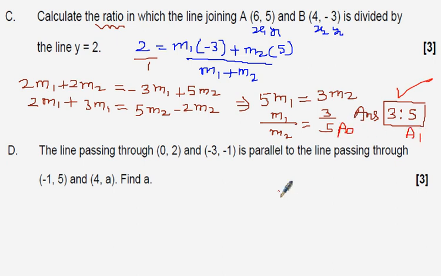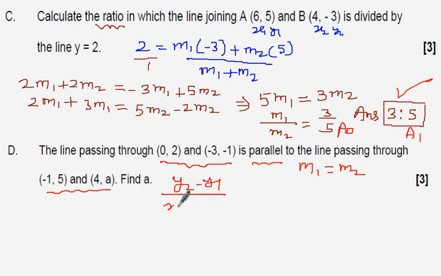It is answer mark. So when I go for next, this is the last, line passing through these 2 points is parallel. Equation of a line. So since lines are given parallel, so the slopes will be equal. Okay, passing through these two. So now you can find slope. Slope formula, you know, y2 minus y1 upon x2 minus x1. You can compare both the slopes. So y2 minus y1 you can have minus 1, minus 2, x2 minus x1, so minus 3, minus 0.